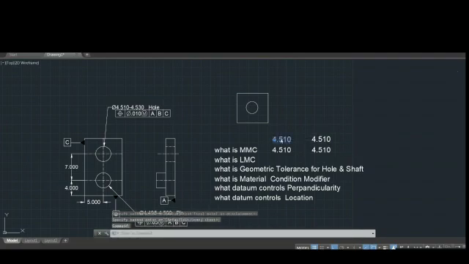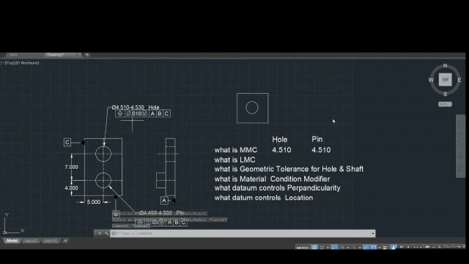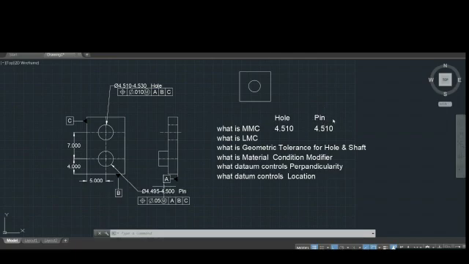I will indicate one as hole and the other as pin. In case of a hole, the maximum material condition will be 4.510, that is the lowest size of this hole. In case of a pin, it will be the maximum size, because a larger amount of material is available when the diameter of this boss is larger.